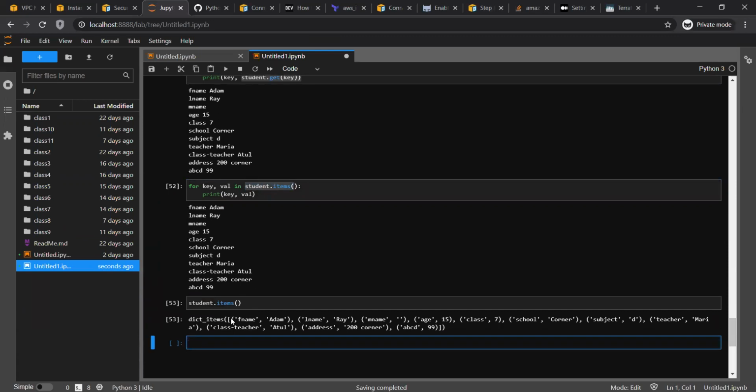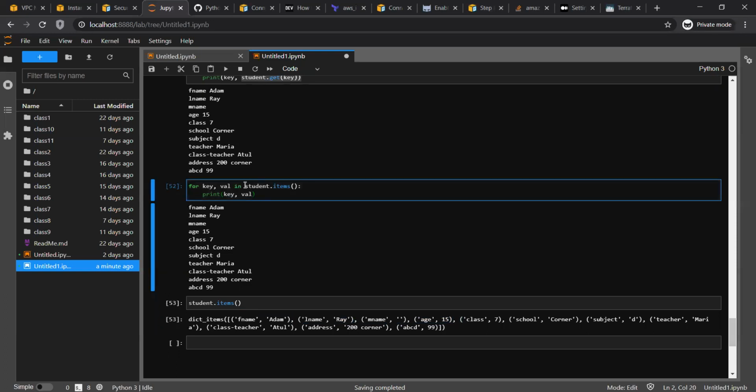It returns a combination of key and value, right? Key value, then here key value, here key value. So here it returned me key and value, and I have assigned that key and value to two variables, one called key, one called val. The assignment happens here, and I simply print it here.